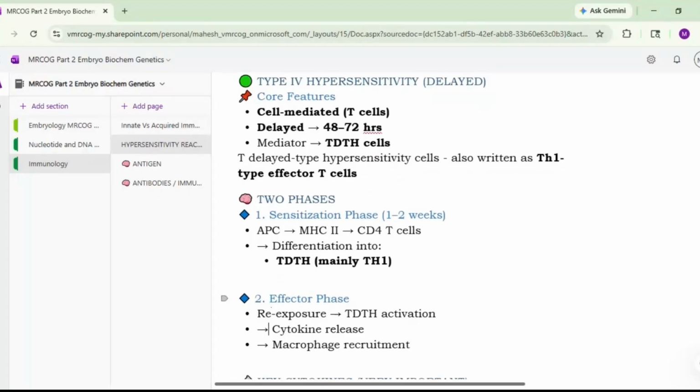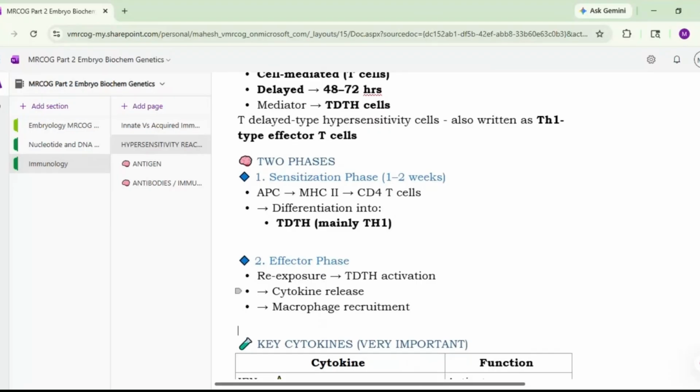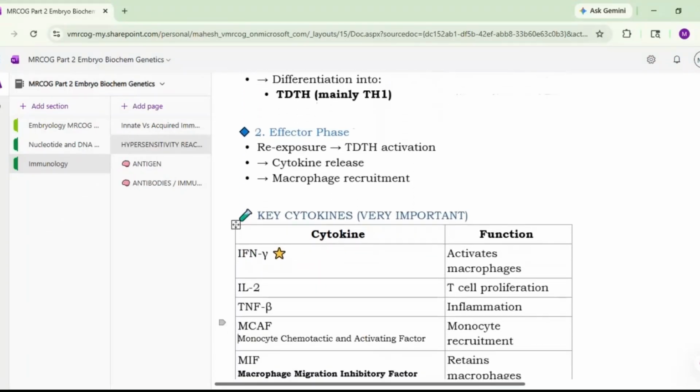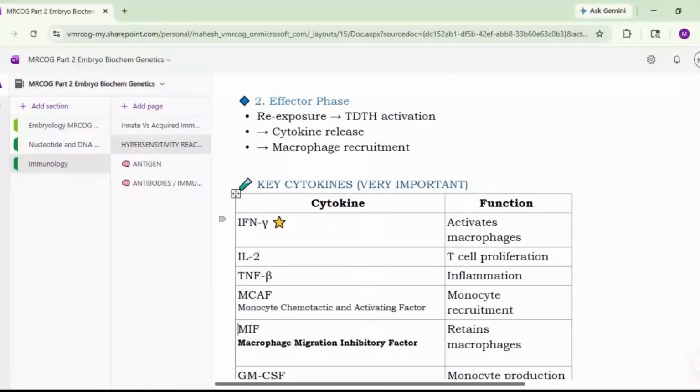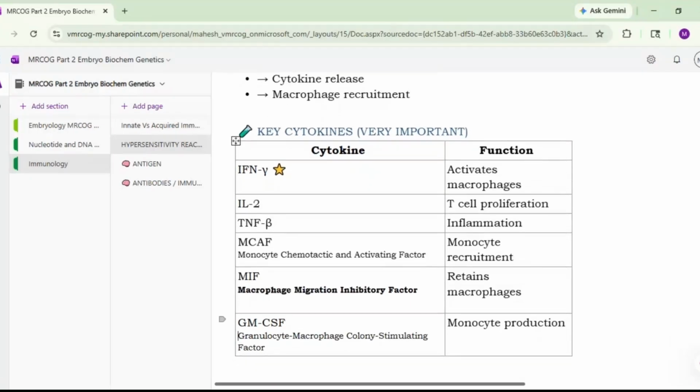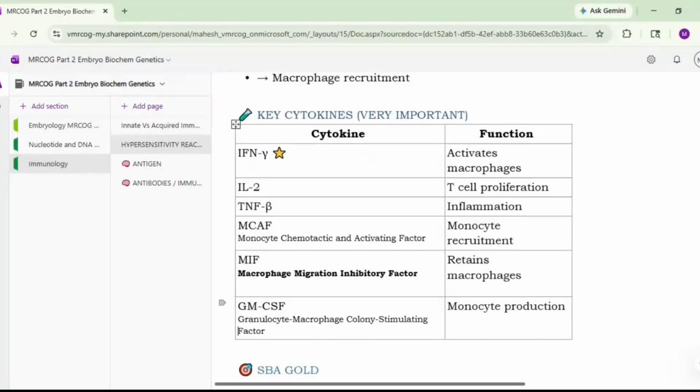Then the second phase is the effector phase. When there is a re-exposure, there is a stimulation of these T helper cells. These TDTH cells will get activated, and then they will cause cytokine release, and macrophages will be recruited. So what are the key cytokines here? It is interferon gamma, interleukin 2, TNF beta, MCAF, that is monocyte chemotactic and activating factor, MIF, that is macrophage migration inhibitory factor, and GM-CSF, that is granulocyte macrophage colony stimulating factor,